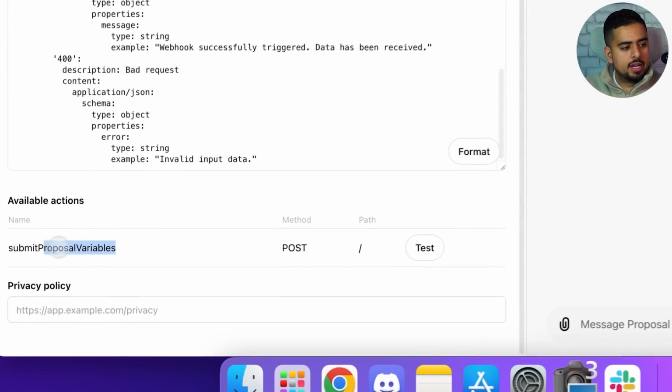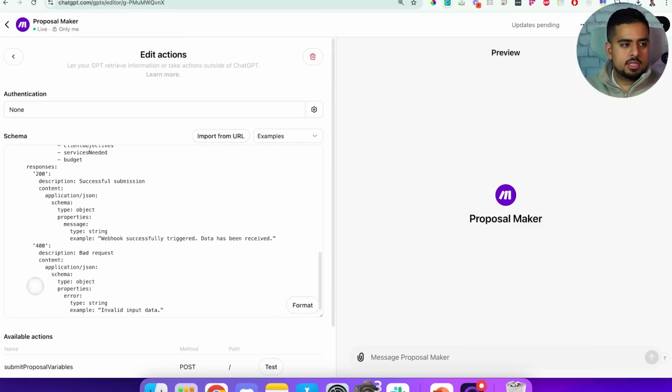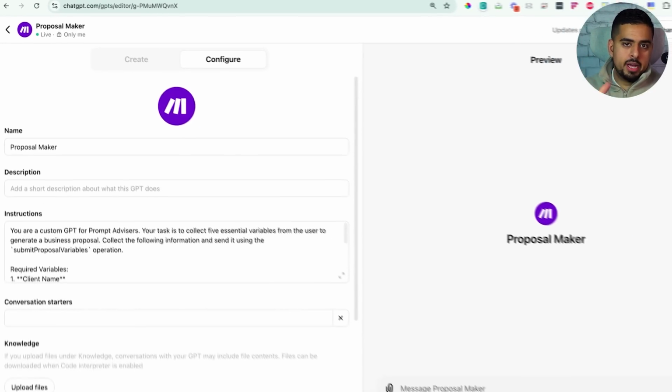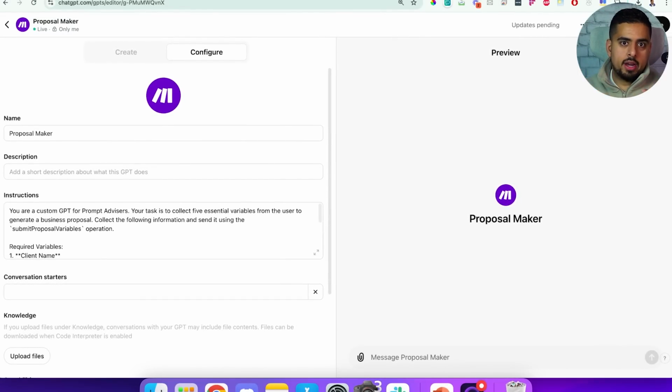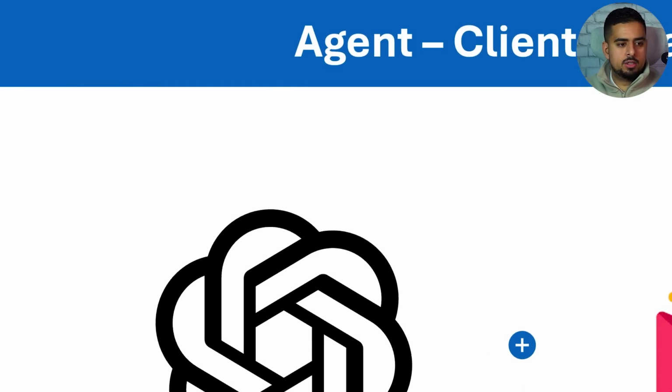And this is the actual action that's referenced here. So this is what I was referring to in those single quotes. Once this is set up, you should be good to go. And this should work perfectly, assuming your Make scenario is expecting the right outputs from your custom GPT. So that's number 2. And if we move on to number 3, which is the client database, which is our